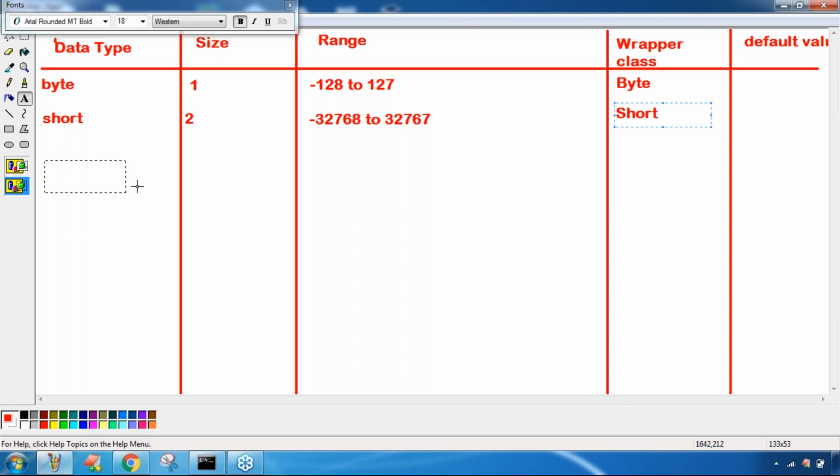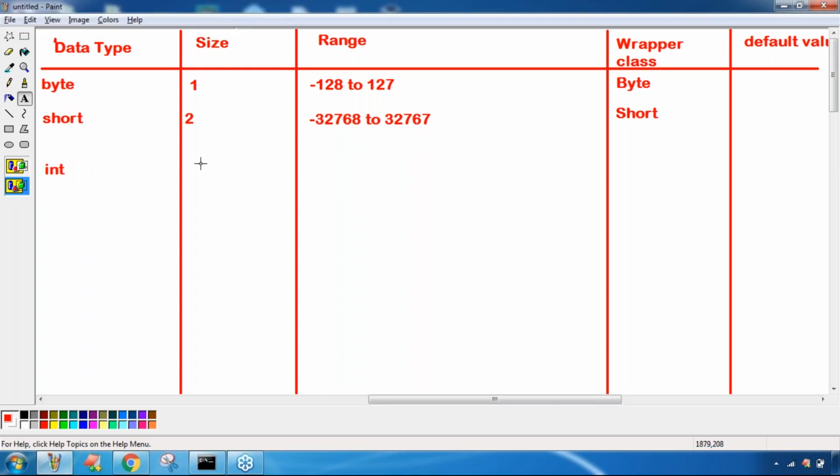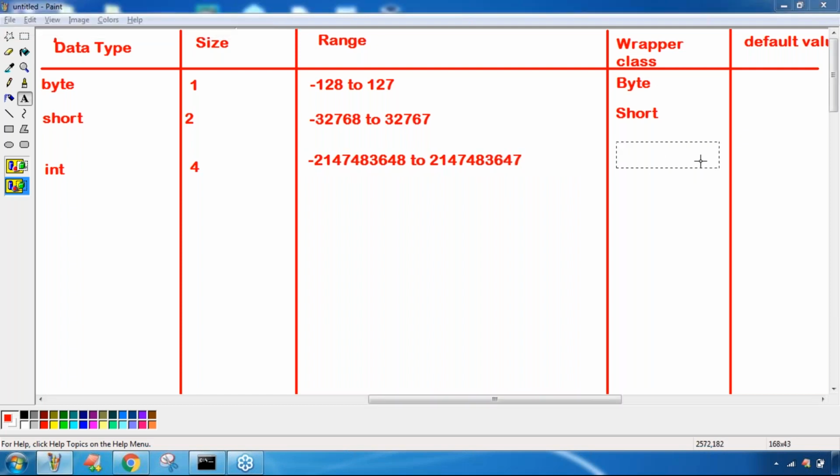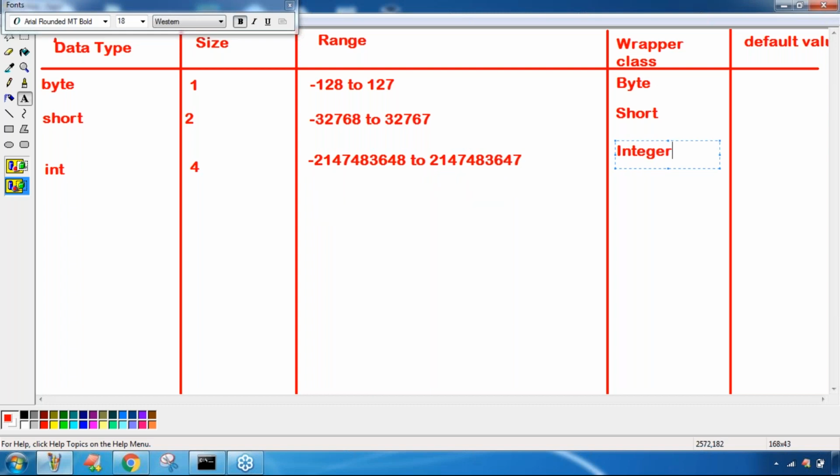Next, int: do you know, 4 bytes. The range is minus 2,147,483,648 to 2,147,483,647. Next, the wrapper class is Integer.